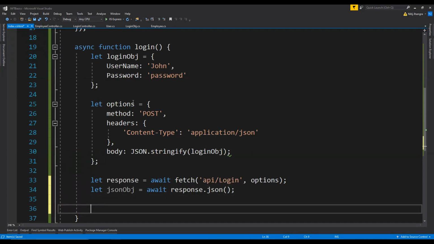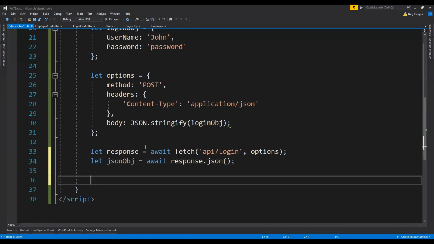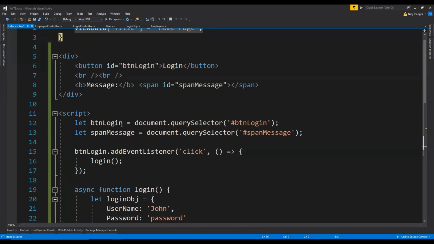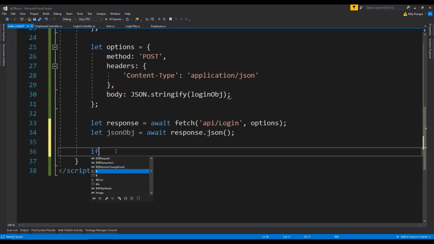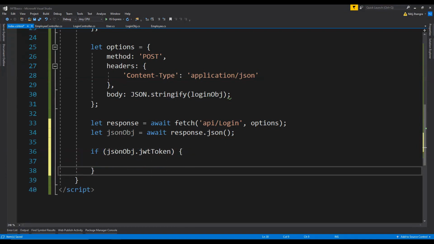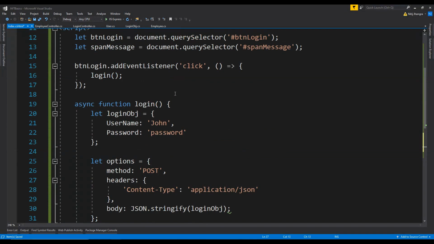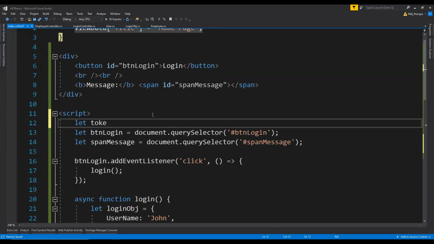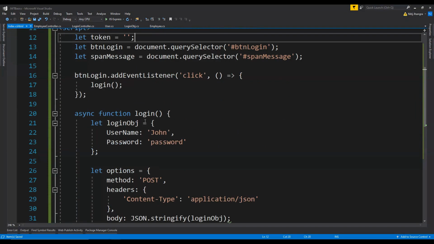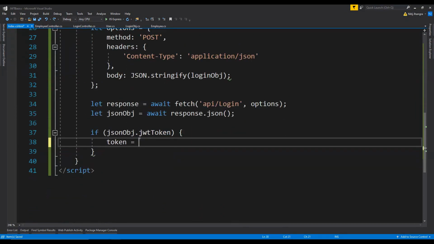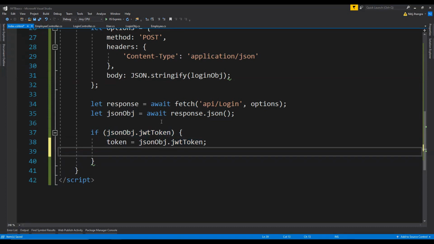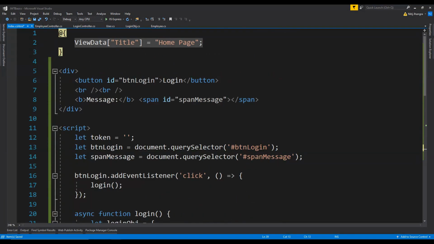Now we need to check if the token is there. If it is there, then we will save the token. Otherwise we are always going to set the message which is returned into this span message. So let's just do that. If JSON obj dot JWT token, if it exists, then we are going to save it somewhere. So for that, let's create a variable in the beginning. So let token equals to empty, right? So token equals to JSON obj dot JWT token,